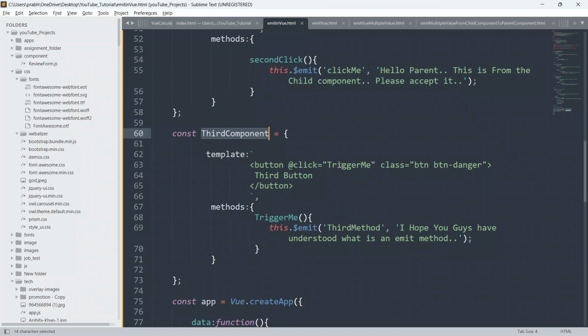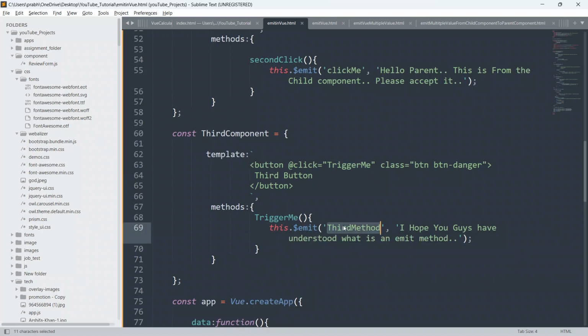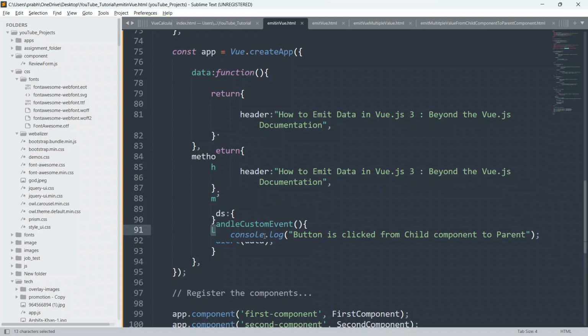Inside the third component also we have defined one button. Whenever this button is clicked, this will trigger the trigger me method, and this trigger me method will emit one method, the third method, and I am also sending one payload to the parent, and we will receive this payload inside the parent. And here I have defined last component.